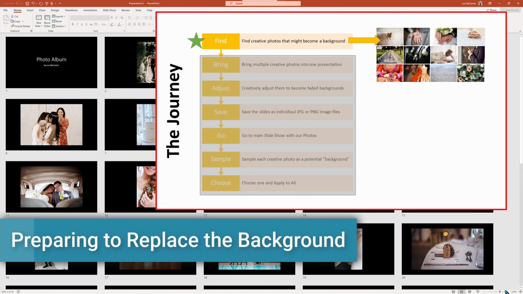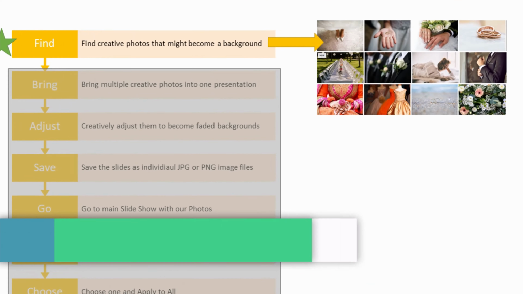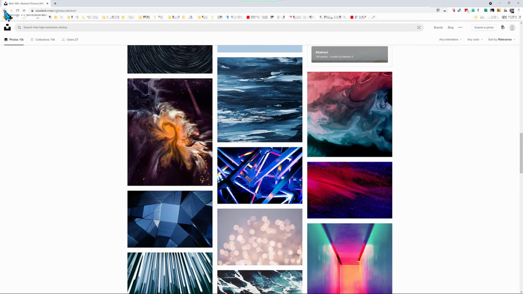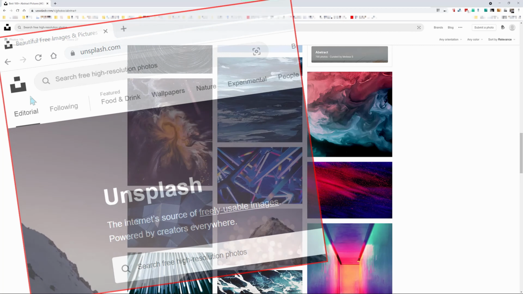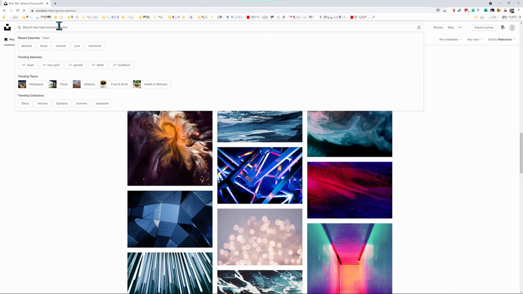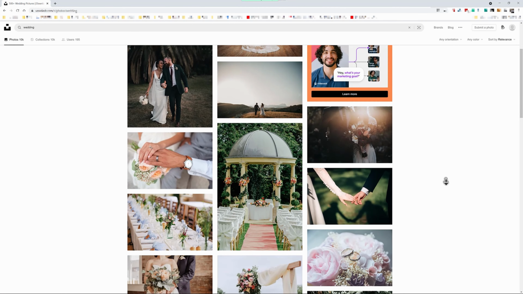To do this, we need just the right artwork. And as I stated earlier, there are a variety of choices from your own image or Microsoft's cloud photos. I want to explore an excellent free resource from Unsplash.com. This website is a collection of freely created photos that you can use for free, and it has a great searchable tool command. I'm going to type in wedding, and bingo, a huge collection of photos to choose from, and this is where our sample photos came from.